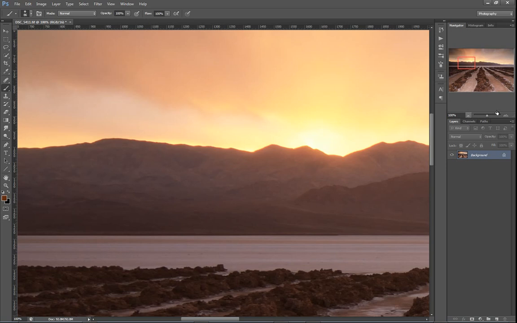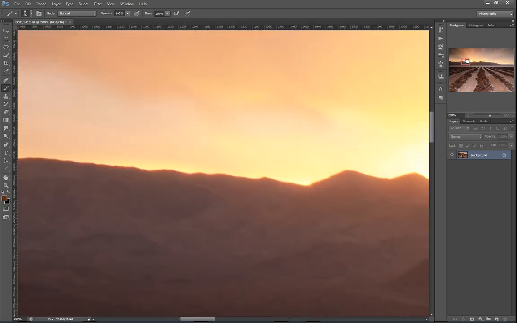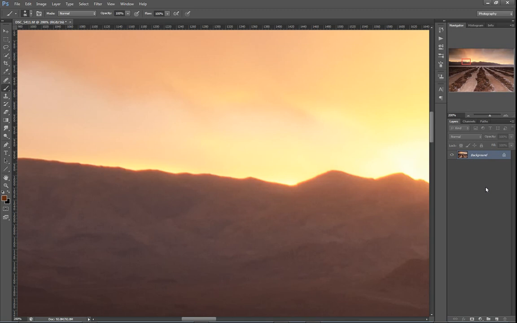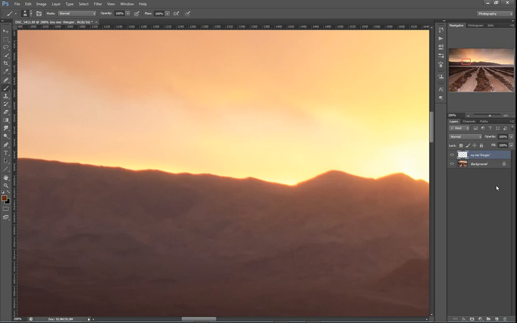So first thing I want to do, because I'm a big proponent of non-destructive editing, is create a new layer that I'm going to do all of my defringing work on. So if I hit Control or Command Shift N, that brings up the new layer dialog box, and I'm going to name that one No Mo Fringin. Boom. Sweet. Now for the time being, I'm going to ignore that layer and head back to my background layer,